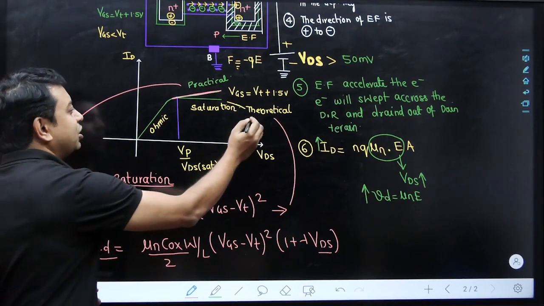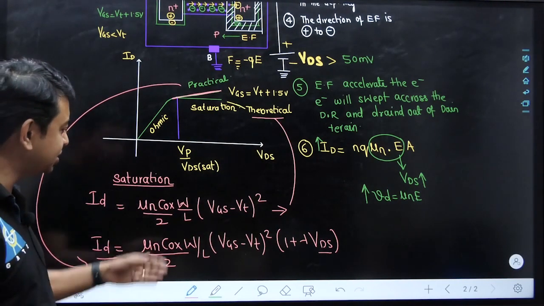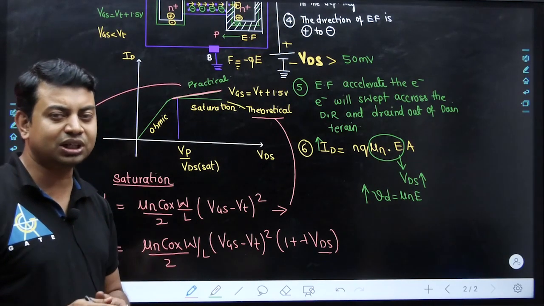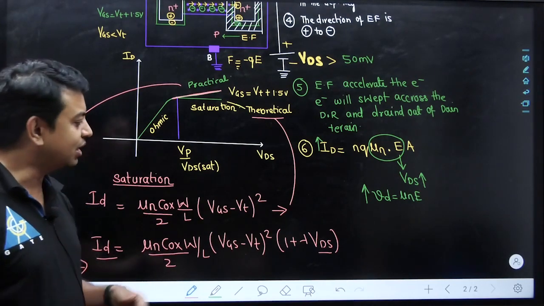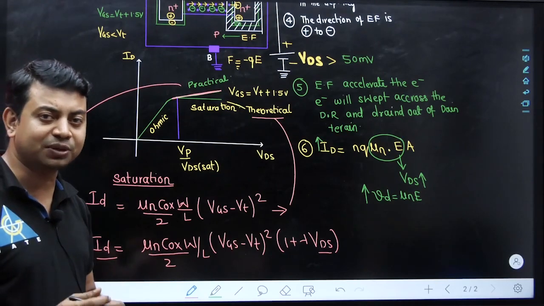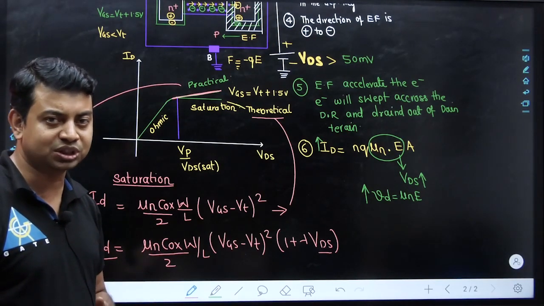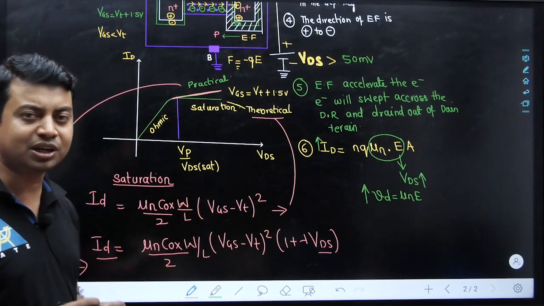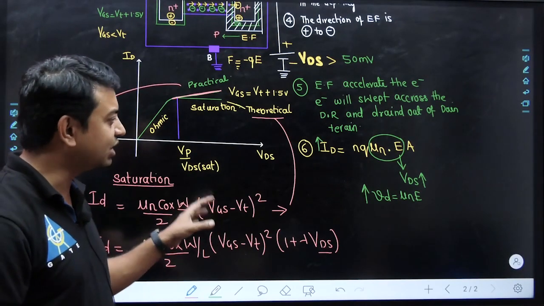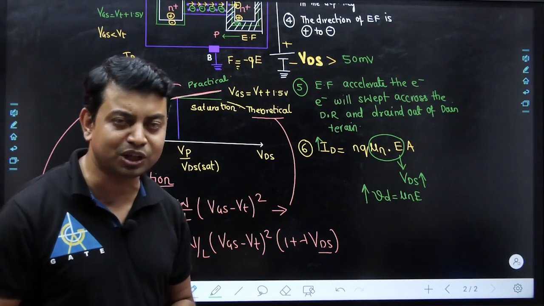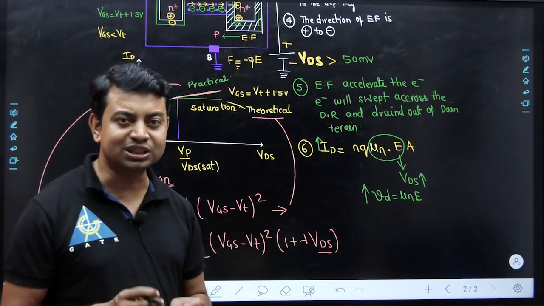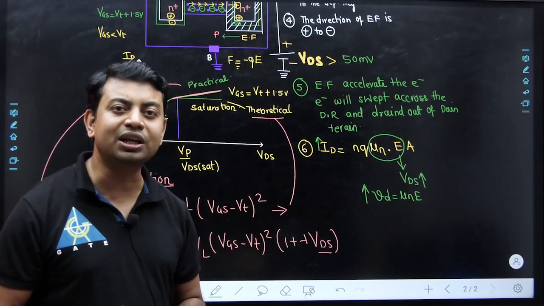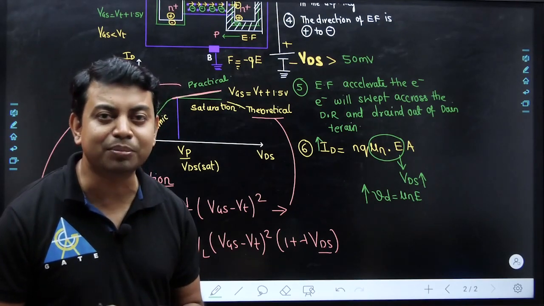We don't have this particular condition, but we have two equations. One is the theoretical equation, one is the practical equation. In the next session, we are going to understand what is this channel length modulation, what are these two concepts, and what is early voltage, everything, by adding some MSQs and questions. Right now, keep this concept with you so that we can have a better understanding, and you can take your own time for understanding these figures which I have given you to understand the concept of this voltage VDS, how it will affect the conductivity of the channel and how it is increasing the magnitude of current.